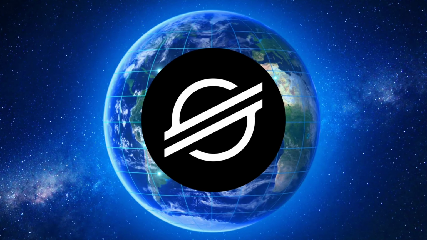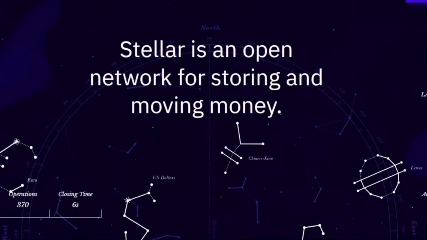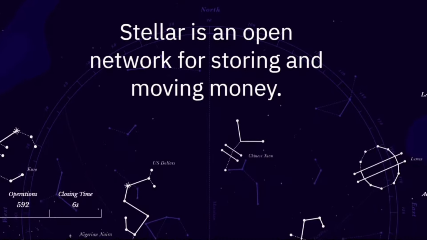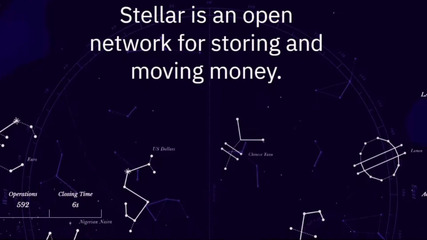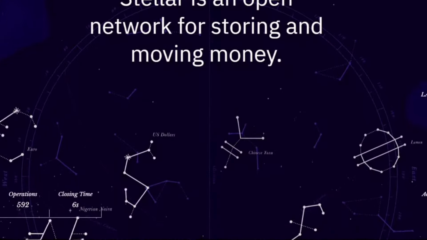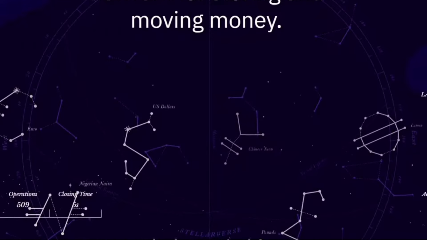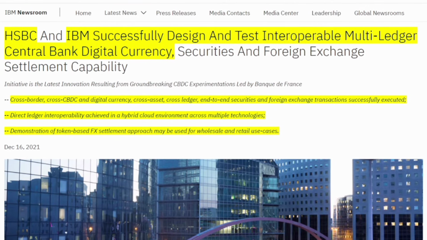Now, for XLM, it's a bit tricky because it's not explicitly stated like XRP. Stellar is more so connected by its industry relationships, most notably IBM. IBM and Stellar have been close for a while now. We know about the World Wire that Stellar supported with IBM, but it's IBM's Hyperledger Fabric that will be the bridge to tie traditional finance to blockchain.